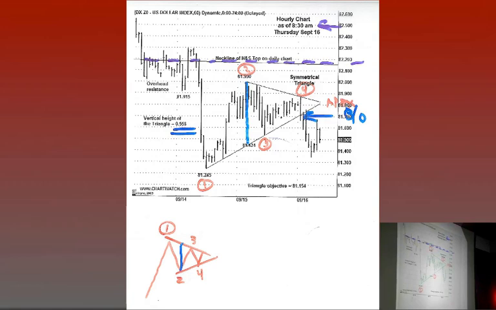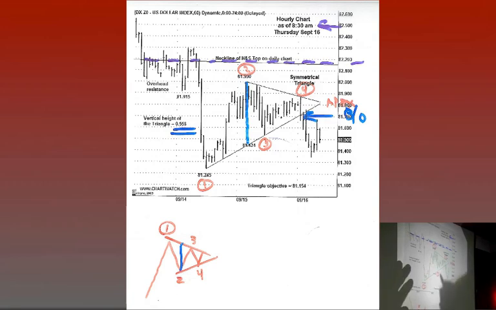Now, I admit we went awfully far into the apex of the triangle. It's a little suspect going that far into it. But a triangle formation is supposed to be a continuation pattern with 75% likelihood. Therefore, if a market's going down and you find a triangle, this is where reversal point 1 is going to be located, at a low. If the market's going up and a triangle forms, reversal point 1 is going to be a high. If you remember that, you'll avoid a lot of problems, and there's always going to be 2, 3, 4. It takes 4 reversals with a minor price trend. Well, it's not surprising we got a triangle here on the hourly chart, because the daily chart is already bearish. So this is a bearish continuation pattern.